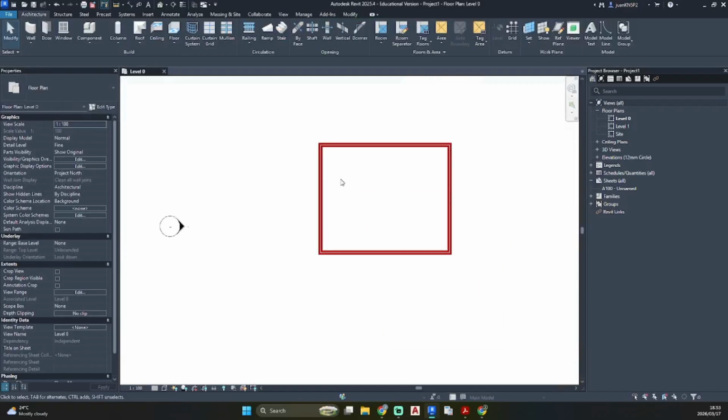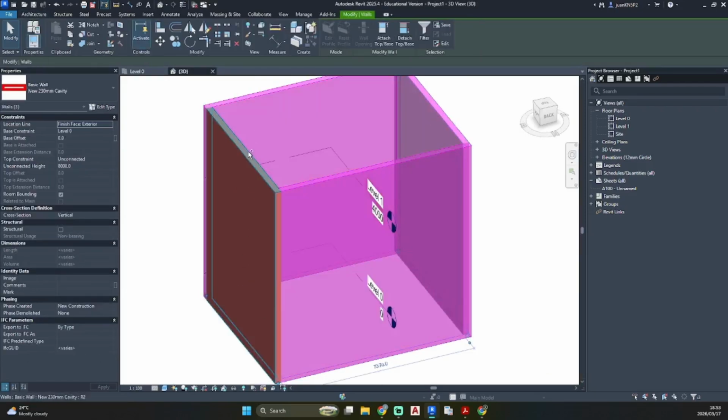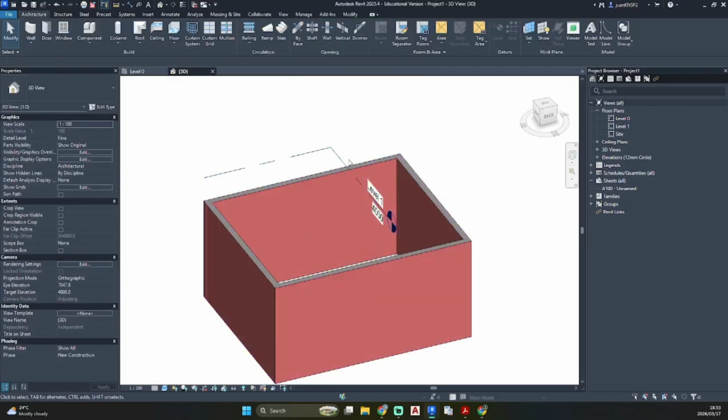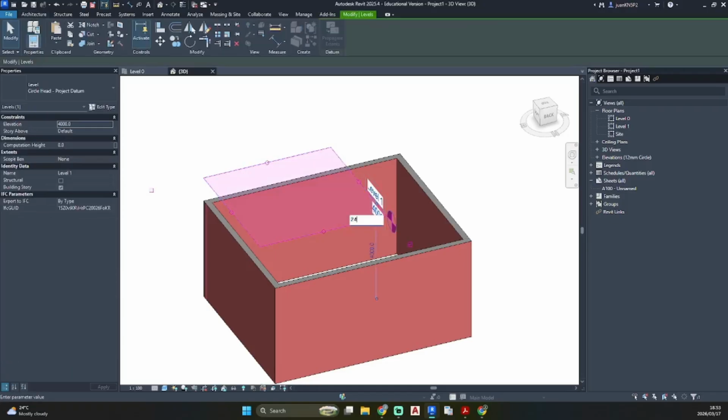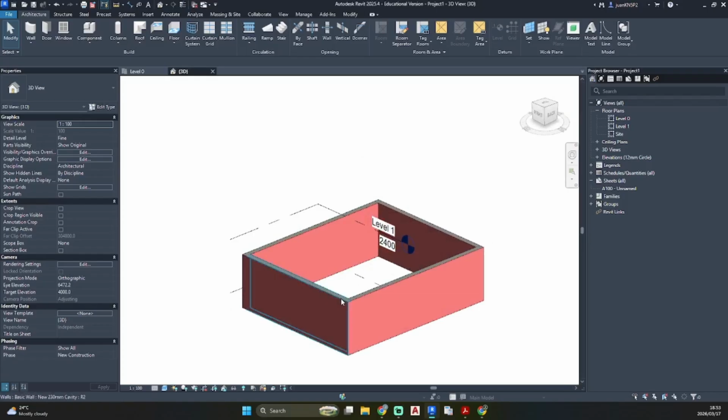Now if we go to 3D view, we want our panels to sit here. I'm just going to connect this by top constraint to my level 1 and change my level 1 to 2400, so that's quite the external height to your wall plates in certain cases.